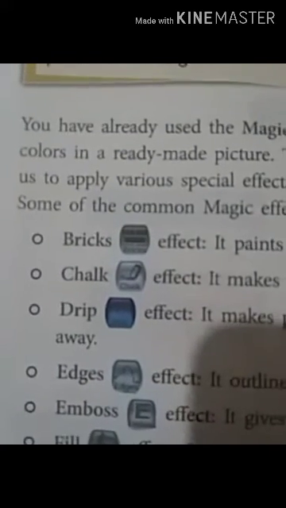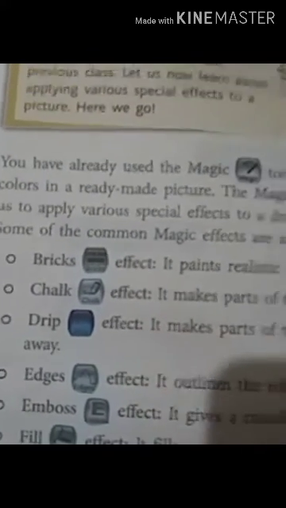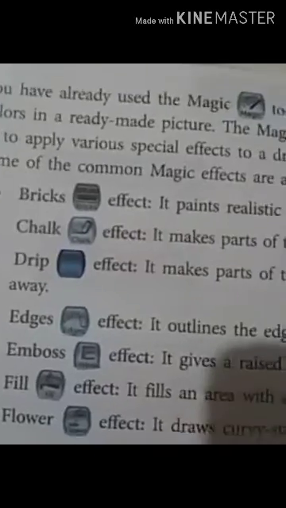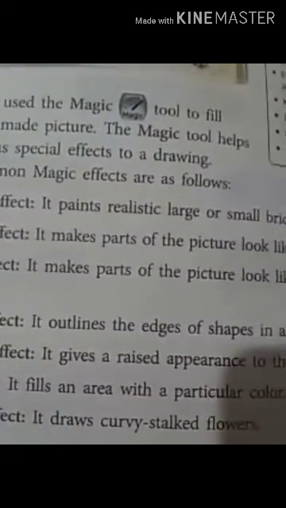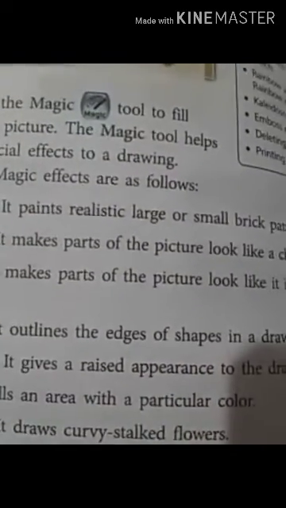Then emboss effect. It gives a raised appearance to the drawing. And the flower effect, it draws curvy stalked flowers.